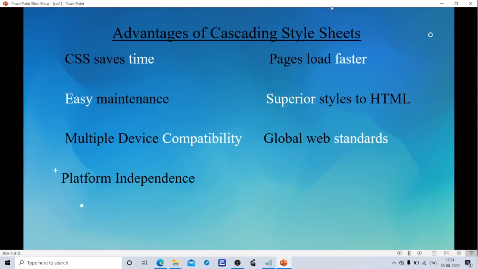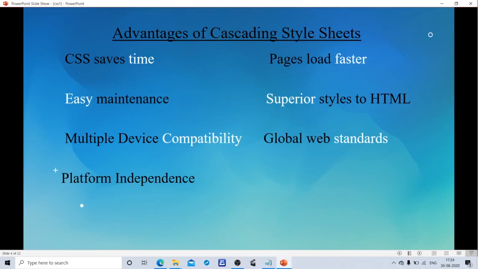Page loads faster. How is a page loaded faster? If you are using cascading style sheets, you do not need to write HTML attributes every time. Just write one CSS rule for a tag and apply it to all the occurrences of the tag. So less code means faster downloads.